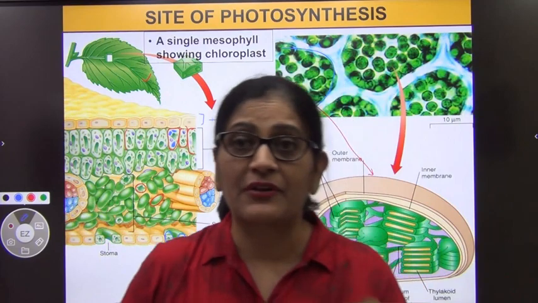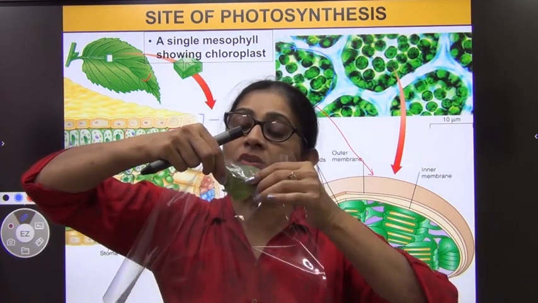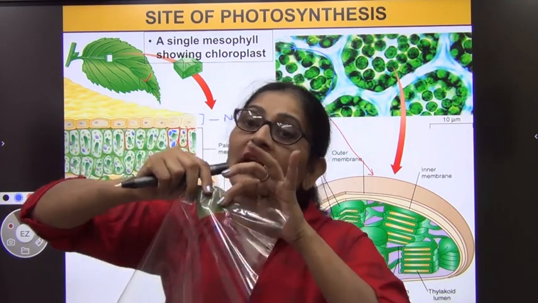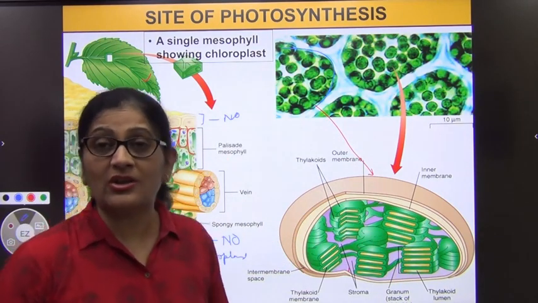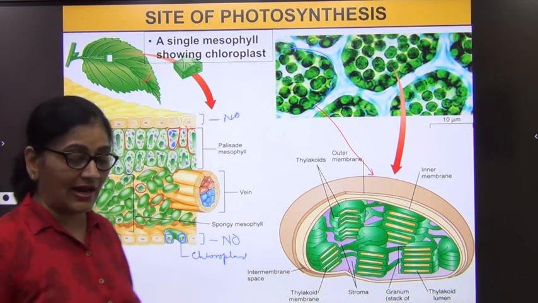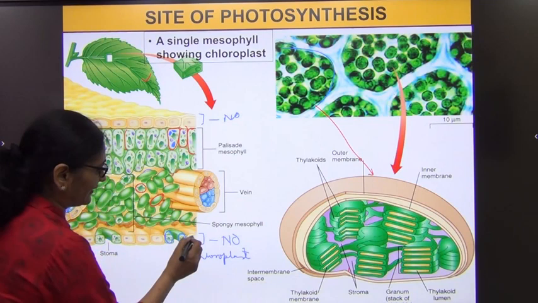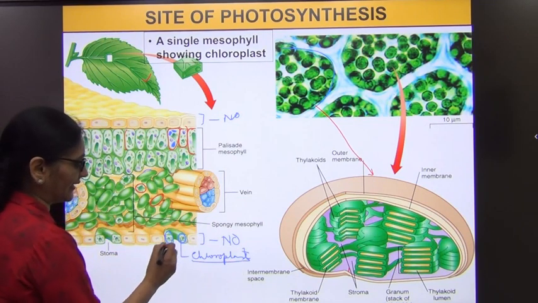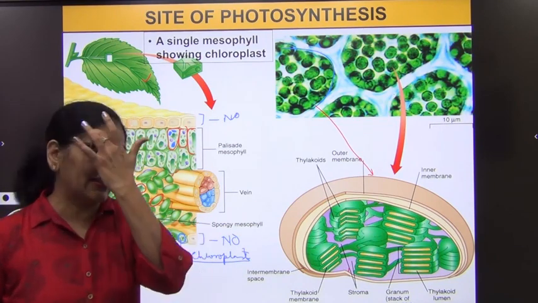Similarly is the case of the leaf. In the leaf, the upper epidermis is actually transparent, and so is the lower epidermis. The green layer that you see is actually the mesophyll layer, because as I told you, the epidermis does not contain chlorophyll. Rather, this question comes in your board exam: the only cells in the epidermis, be it upper or lower, in which chlorophyll or chloroplast is found are the two cells of the stomata, which are called guard cells.